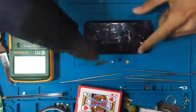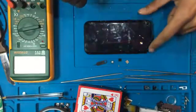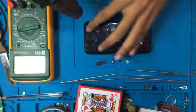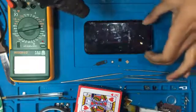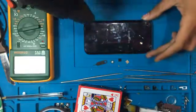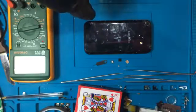Now we're going to reheat this place, this glass. We're going to remove this glass first, and after we'll show you what we can do to finish opening this